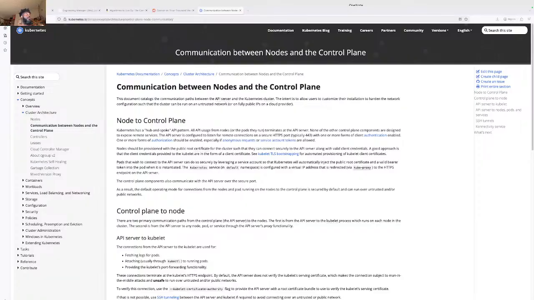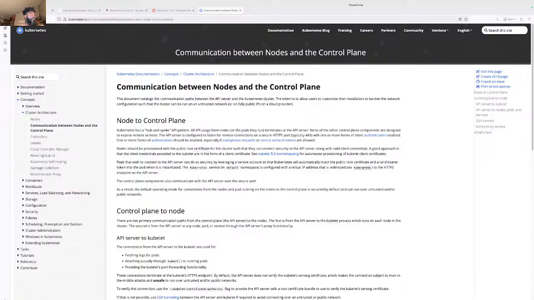All right, so what do we got? The control plane hosts the API. Okay, so the control plane hosts the kube-apiserver. It is not the API server itself. So what is it saying with the control plane then?